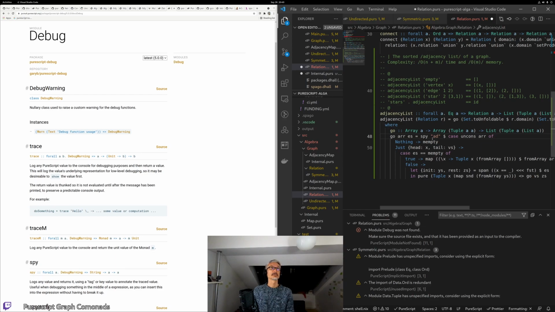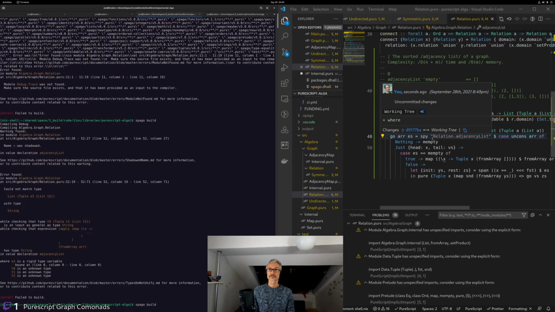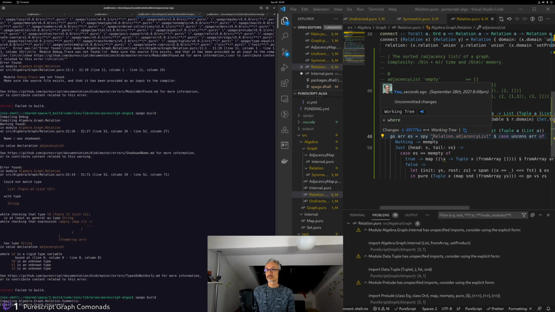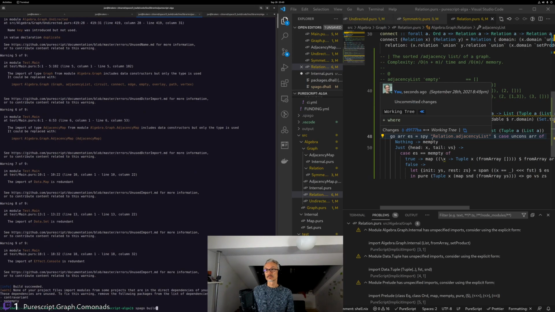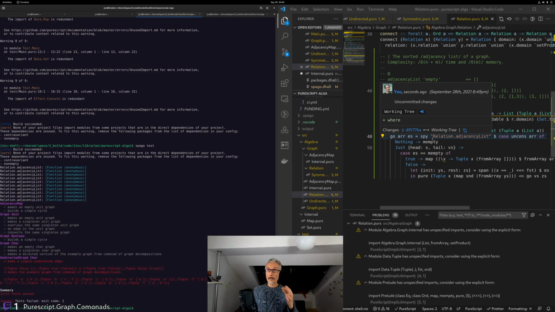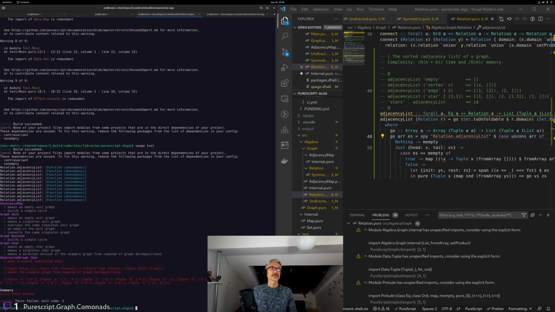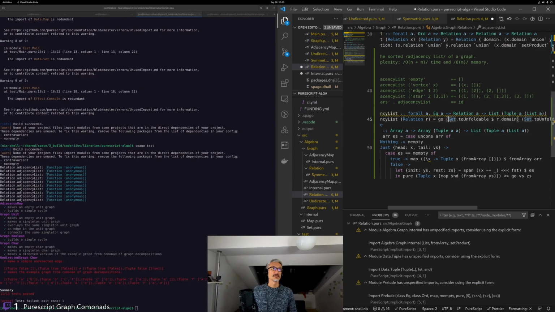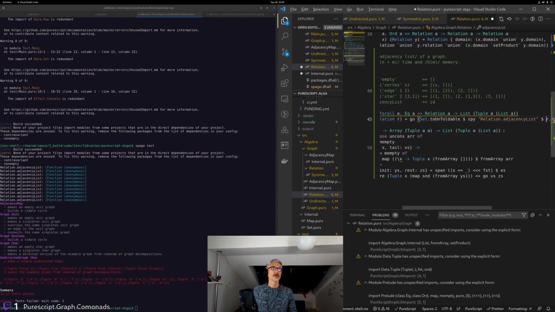which one is it? It's relation dot adjacency list. Okay, and test. And that's just a function, of course, isn't it? So what are we going to spy on more precisely? Probably these guys then, like maybe how about our domain